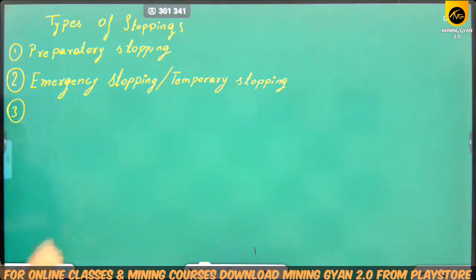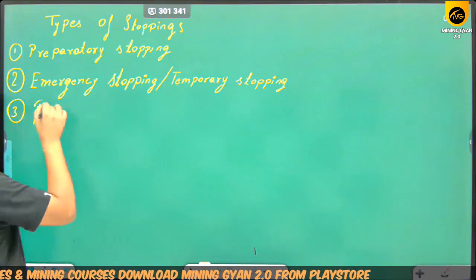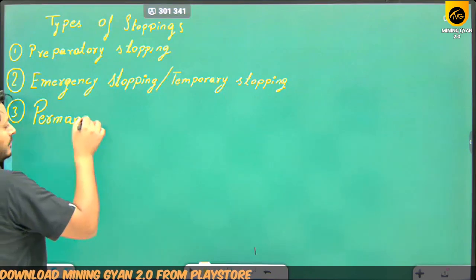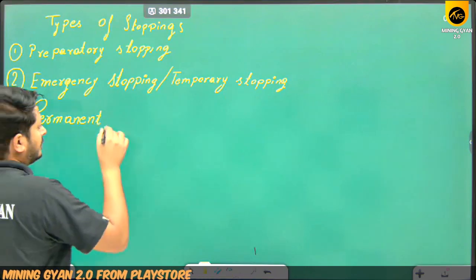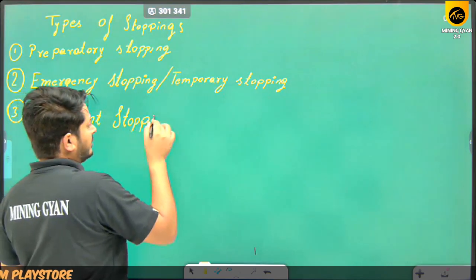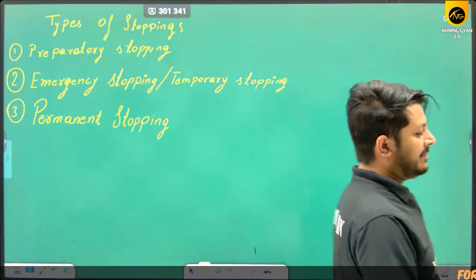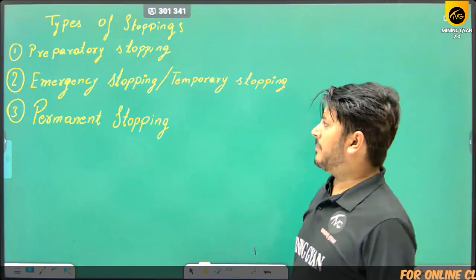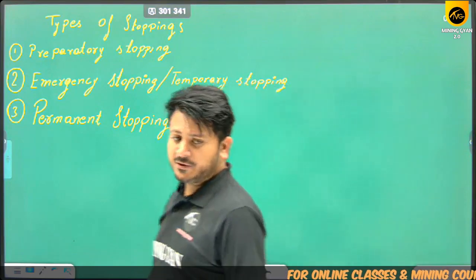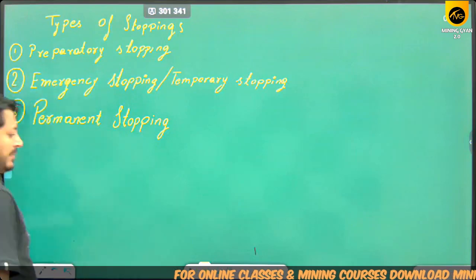And the third one is permanent stopping. These are the three basic types of stopping. यहाँ पे तीन बेसिक टाइप के स्टॉपिंग हैं आपके: प्रिपरेटरी स्टॉपिंग, इमरजेंसी स्टॉपिंग या टेम्पररी स्टॉपिंग, और परमानेंट स्टॉपिंग। ठीक है, तो ये तीन टाइप के स्टॉपिंग्स होते हैं।